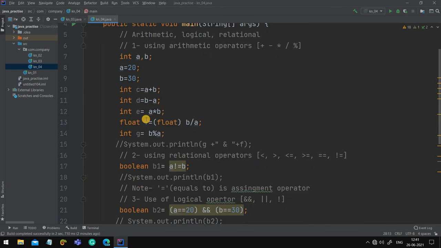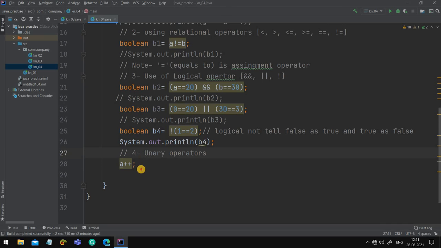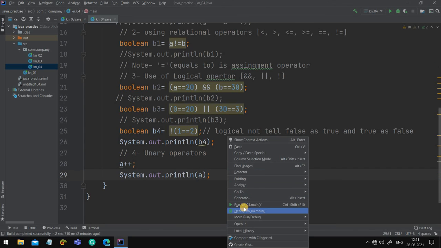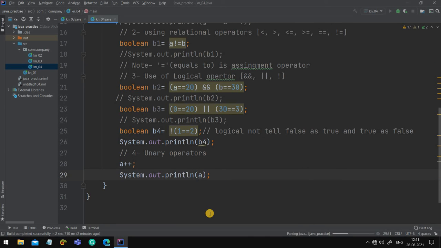Here A is 20. It will tell you to add 1 to A. Before doing anything to A, first we have to do the operation with A, then we have to add 1. Let me run it.